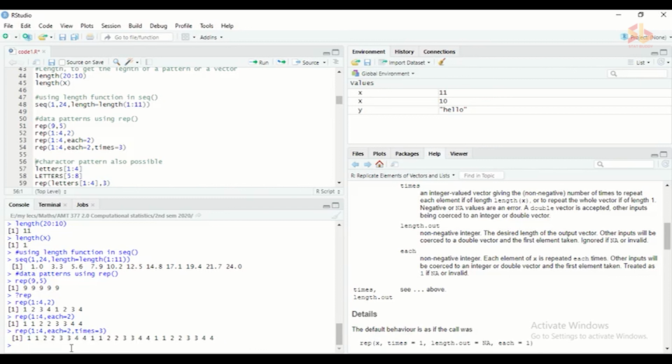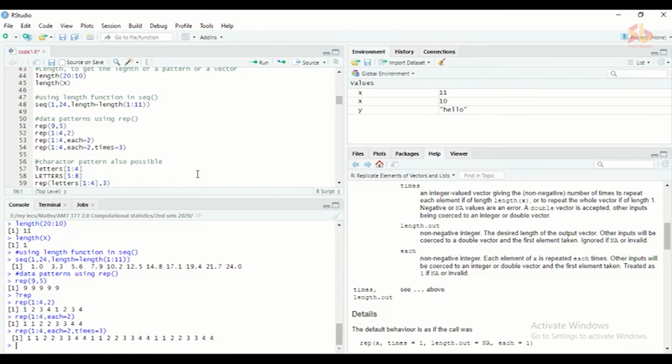By changing the values for each argument, you can create different kinds of patterns with repeats. That is how you can use rep. Since this is a video lecture, we have limited time, so I cannot give more examples here.